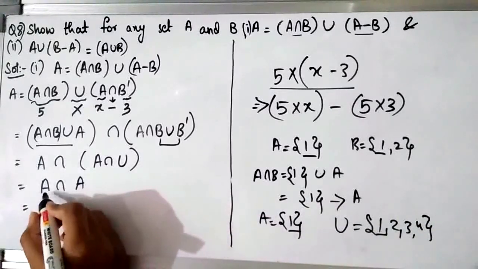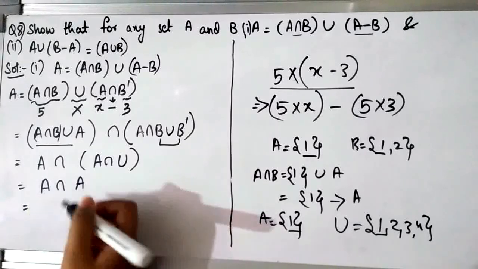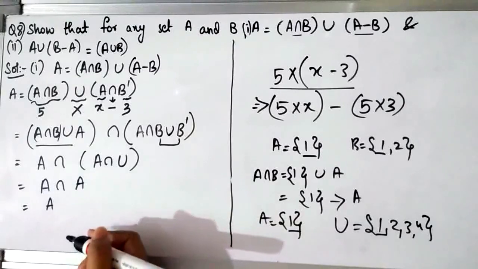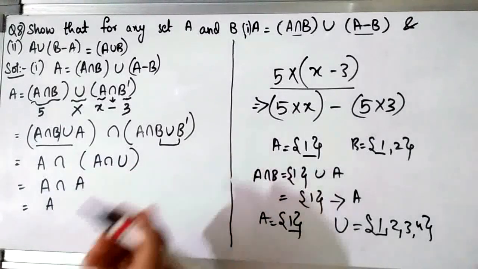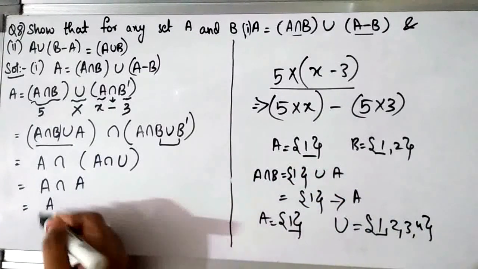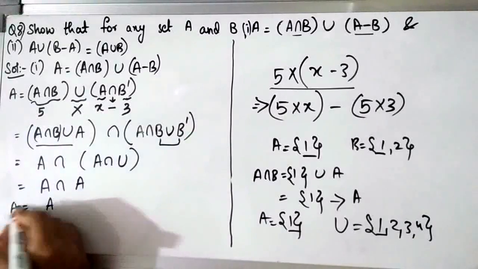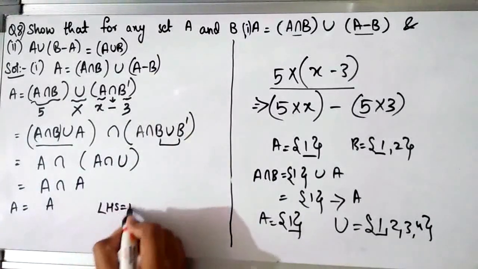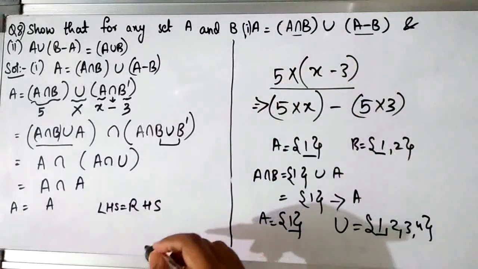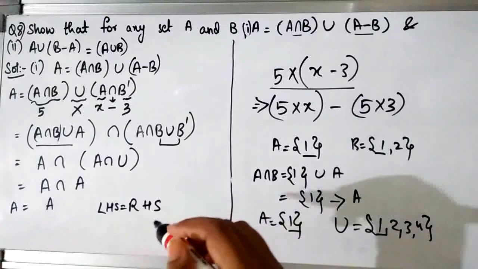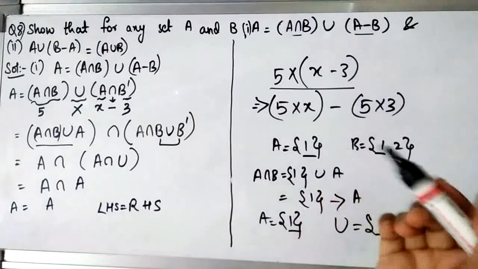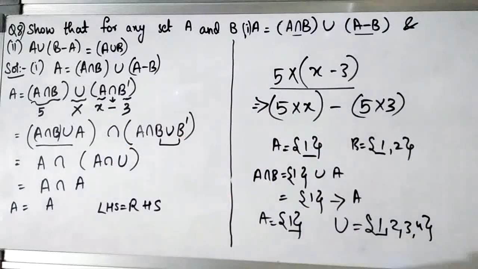Now what is A intersection A? A intersection A is nothing but your set A itself, right? Both are the same set, so what will be the common thing? The common thing is nothing but the elements of that set. So A intersection A will be set A itself, and we had A over here, so your LHS is equal to RHS. Hence we proved this first bit of our sum. So this was the second method which I told you, by using the properties. You can use either of the two methods, whichever you feel better, and this method is by using properties.